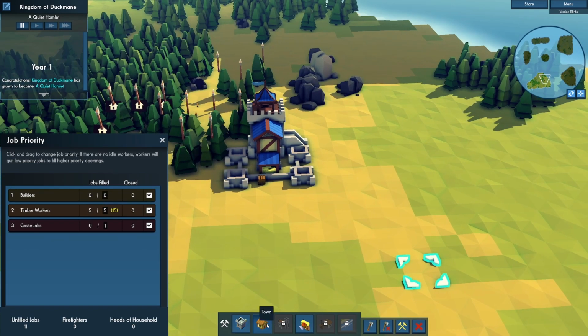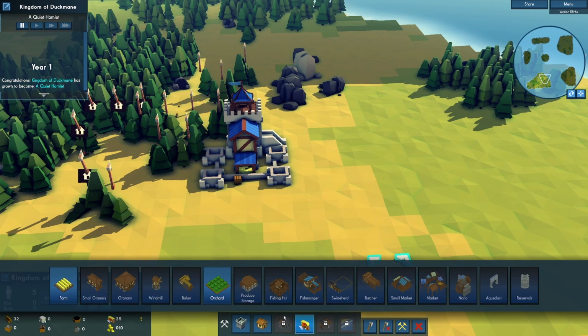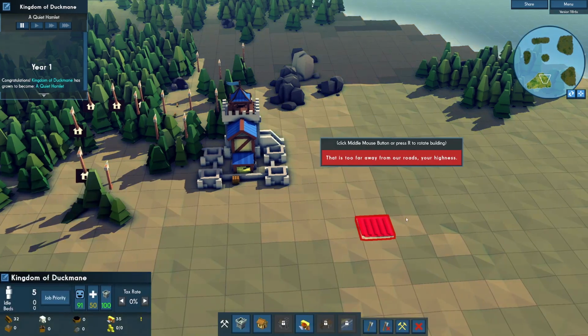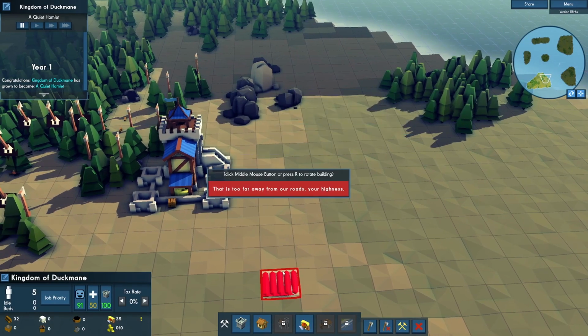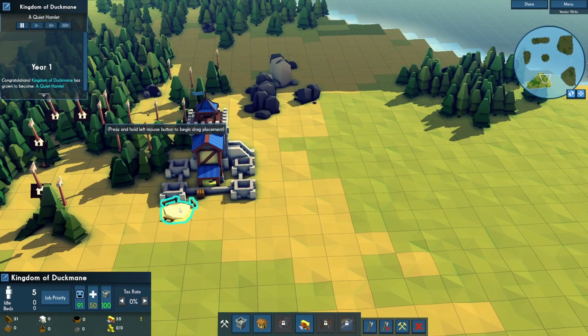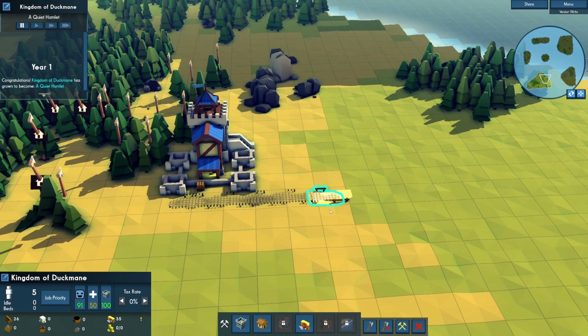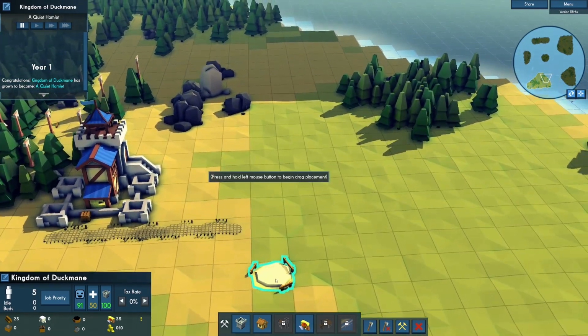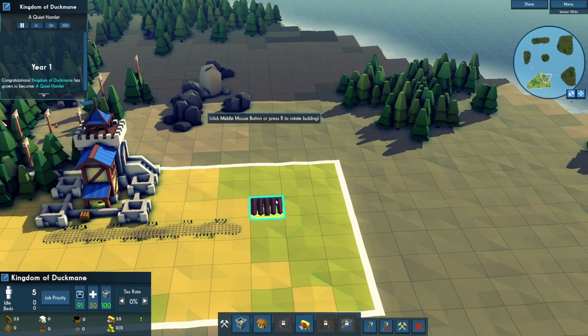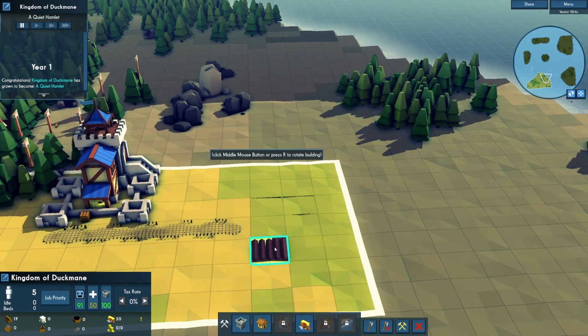So anyway, let's put down probably farms first. I'll leave the orchard for now. Let's just get a couple of farms down for basic food. Too far away from roads, of course. So what we'll do is we'll plop down a road that we will build into a better road later. I'm actually just going to put it there. I don't think we have to wait for it to build. That is correct. And why don't we, just for now, let's plop down...